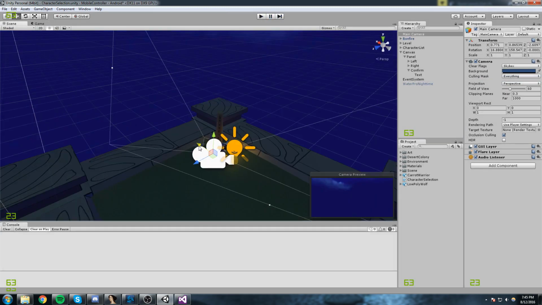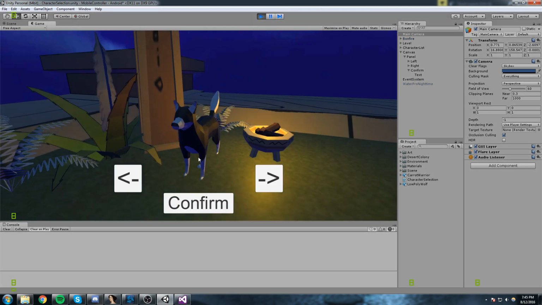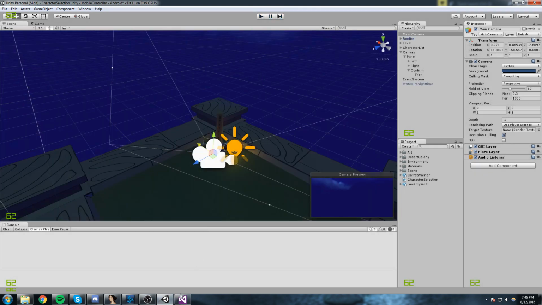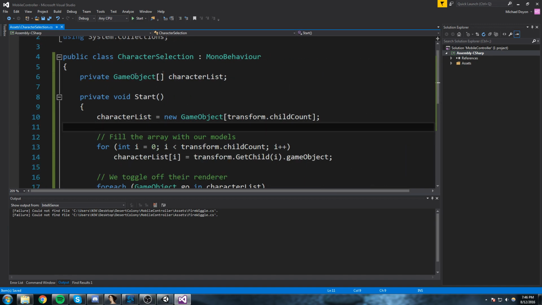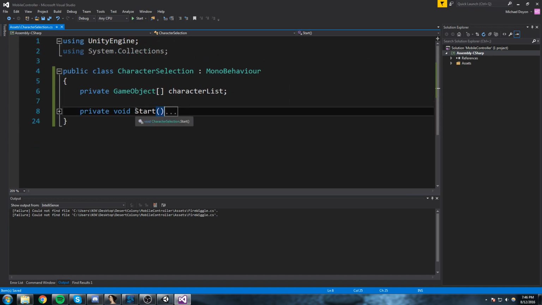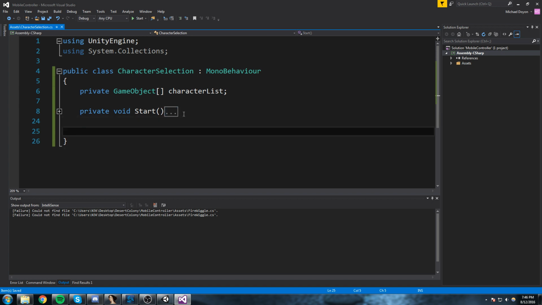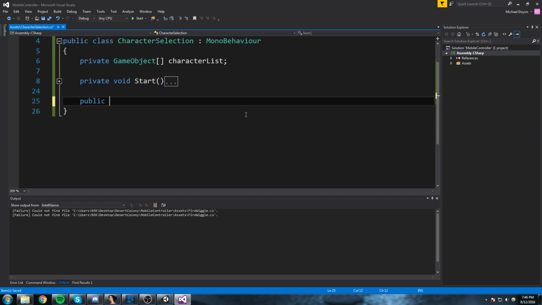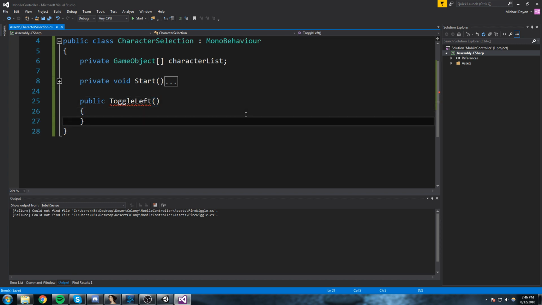Okay, so we almost made it, but basically, as you can tell, we now have our buttons. We just need to link them to some function. But now these functions, we don't have them just yet, so we gotta make sure we have them, and we're gonna be putting them in our very nice script, the character selection script. But since these are functions we're gonna be calling from buttons, we need to create a public function. So we're gonna go ahead and just do a public, let's say toggle left. It's going to be a void, so it's not going to return anything,